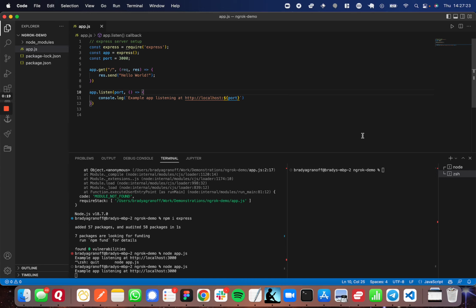So the first thing that I've done here is I've set up an Express server that at the root URL just sends hello world. So if we go ahead and look at that in the browser, you can just see localhost 3000 sends hello world. Great. So the first thing that you need to do is come to this URL,